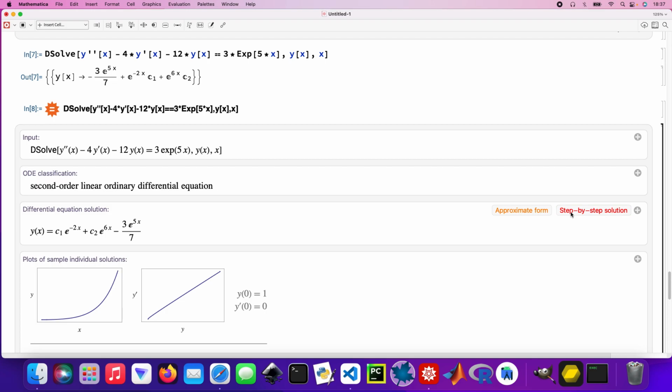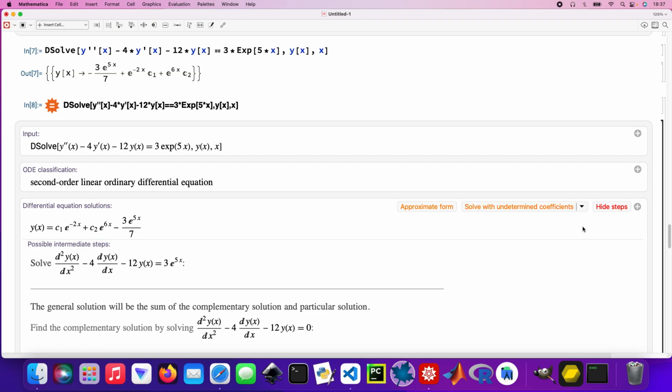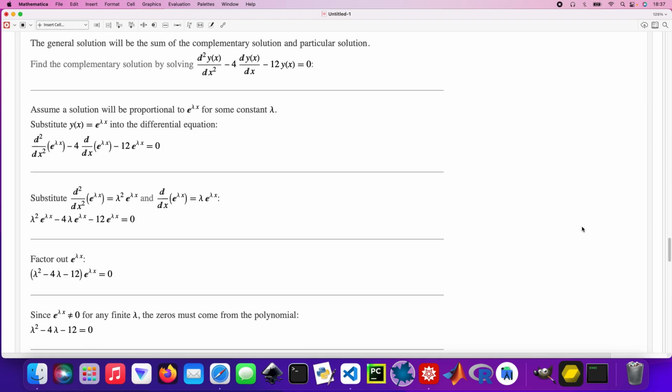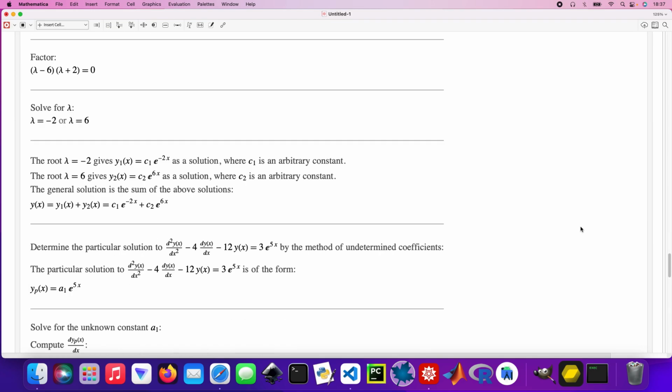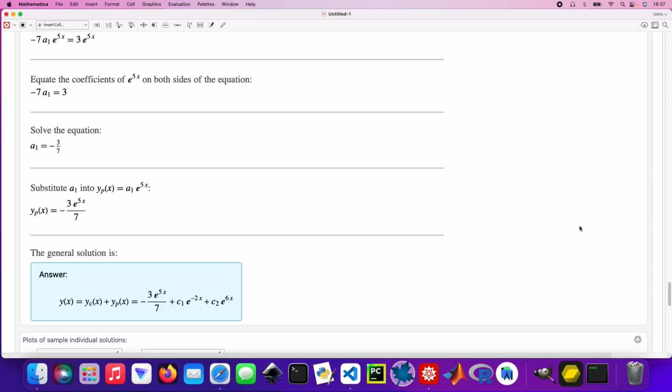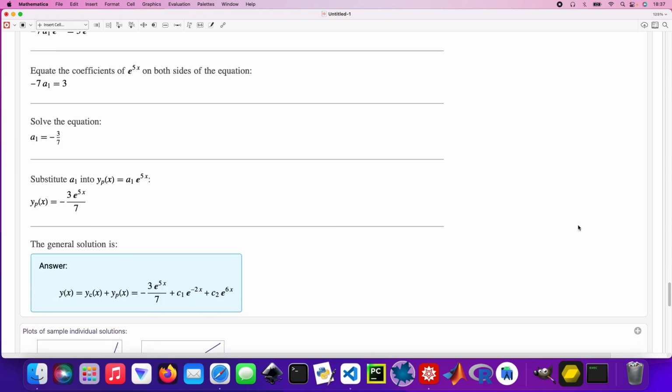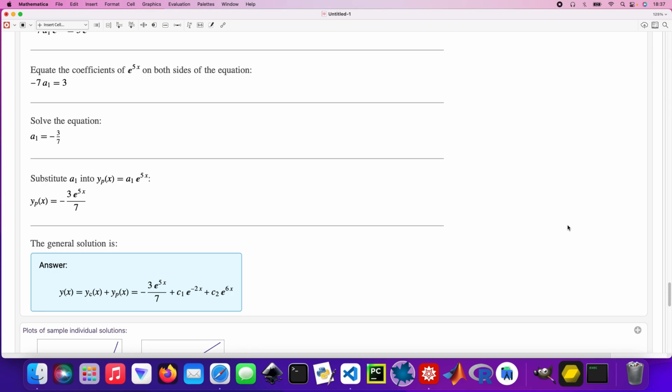So to get our step-by-step solution. Yeah, so there we are. It tells you all the steps, what you need to do. Okay, cool. So these equations are the same ones that I've done with my Maple video and